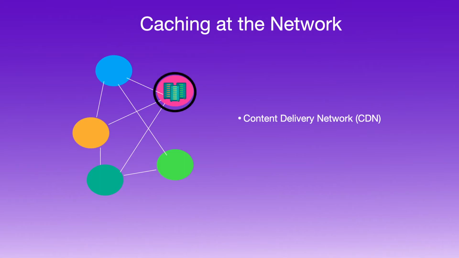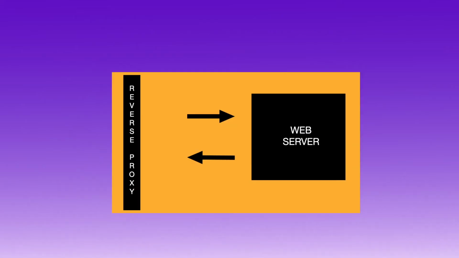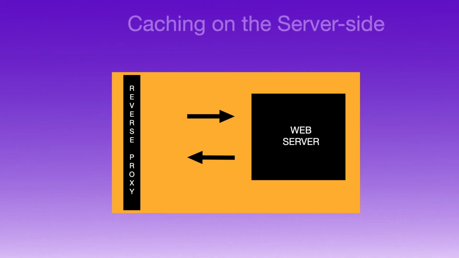The copy of the resource will be stored at this node. Now if another client comes and tries to connect via another node, the copy of the resource will be served at another node, and in this way we can serve the client in a much faster way without reaching the origin server. Now let's come to the next part, which is the server side caching.